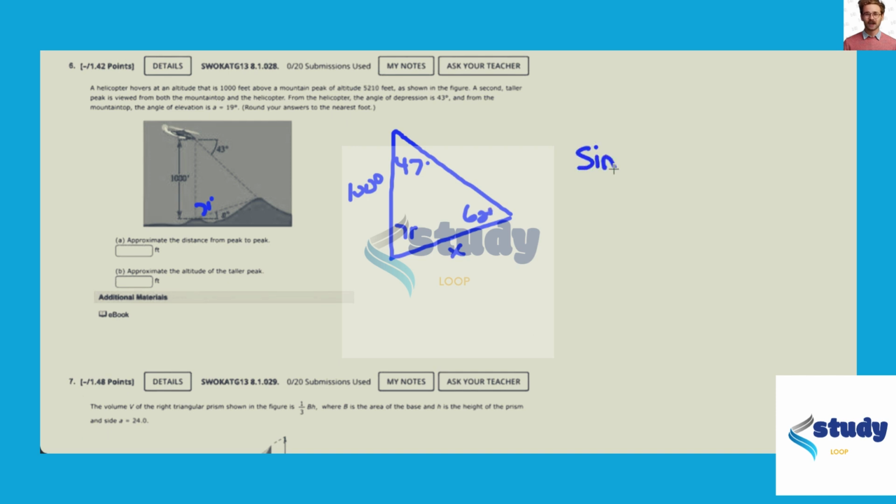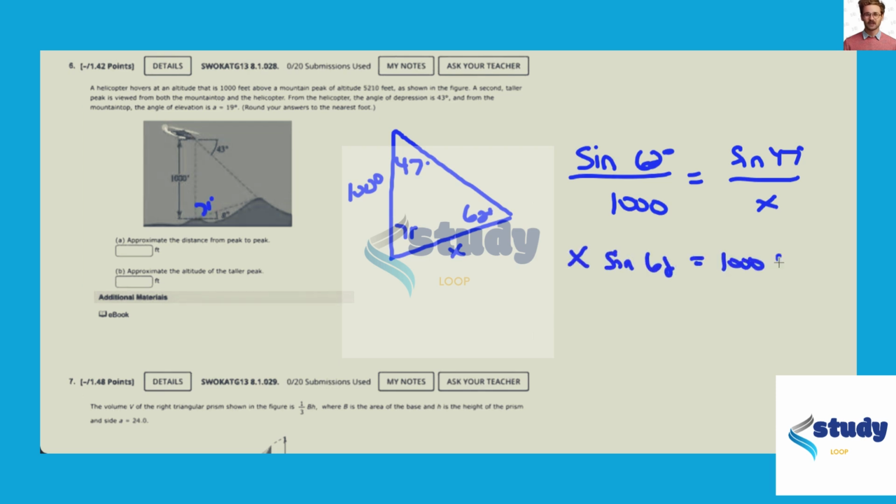The sine of 62 degrees over its opposite side, 1000, would be equal to the sine of 47 degrees over its opposite side, x, which is the distance between the peaks. Cross multiply: x sine 62 equals 1000 sine 47. Divide by the sine of 62, and that's the distance between the peaks that we're going to approximate